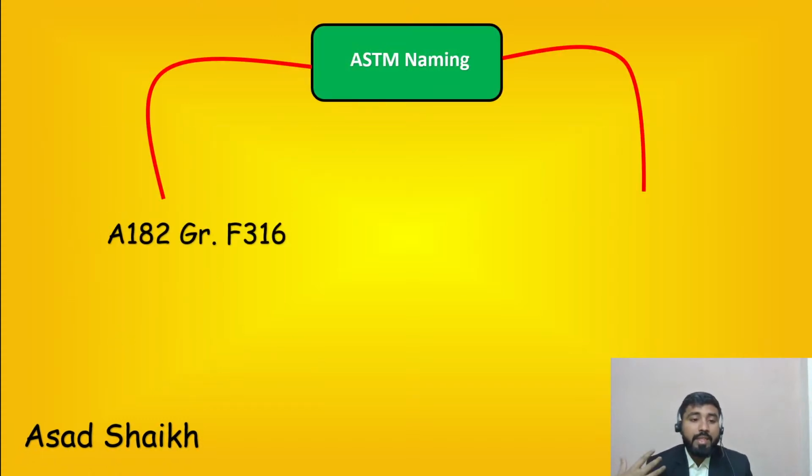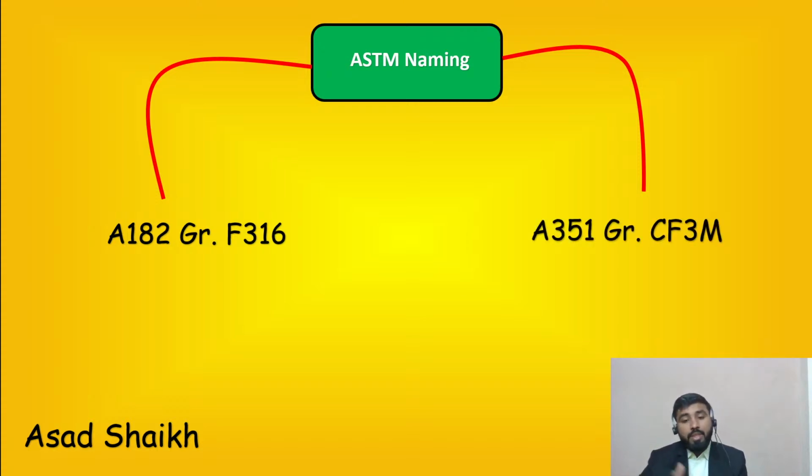Here you have these two grades available, which are actually nothing but 316. One is the forged grade and one is the cast grade. The forged grade is something which you beat up and then make. Cast is where you cast it into a mold, it gets cold, and that's how you get the material. Now why is ASTM done this way? It is because you have more grades with ASTM, but the reason is that forged grades are generally considered to be very hard compared to the cast version.